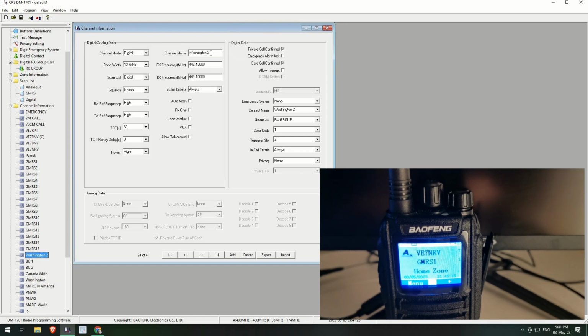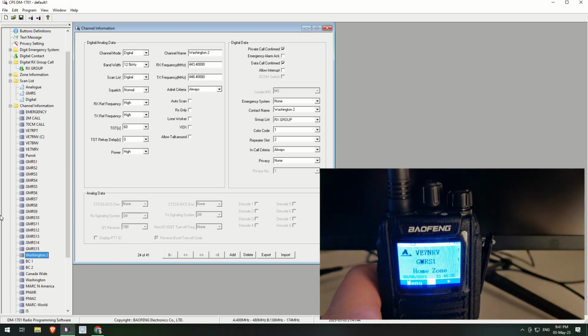So you call it Washington 2 or whatever. That's the same frequency again. And I've linked it to the contact group called Washington 2 or RX group. I put in correct color code 1 and the repeater slot is number 2. But anyway, I'm just going to connect to the